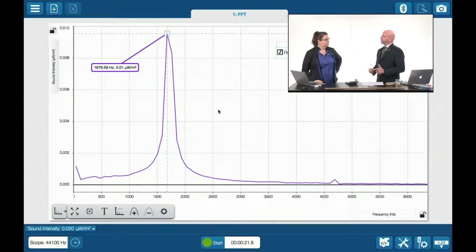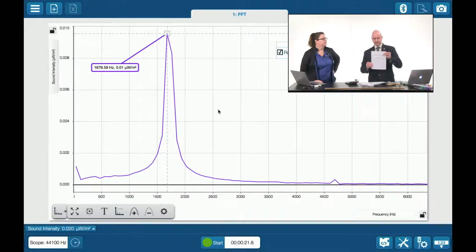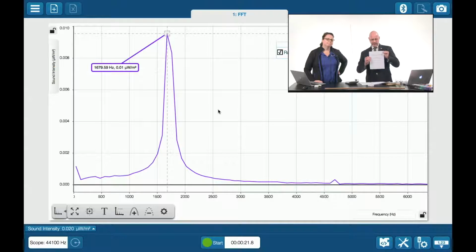Okay. Now, how big's the wave? I don't know, but I bet you're going to tell me. I'm not going to tell you. We're going to calculate it because there are some great mathematical relationships between frequency, the speed of sound, and the size of that wave. If I'm trying to get the wavelength, it's just the speed of sound divided by the frequency. I have the frequency. I know the speed of sound because it's a constant. In this room, it's a constant. So I should be able to get the wavelength.